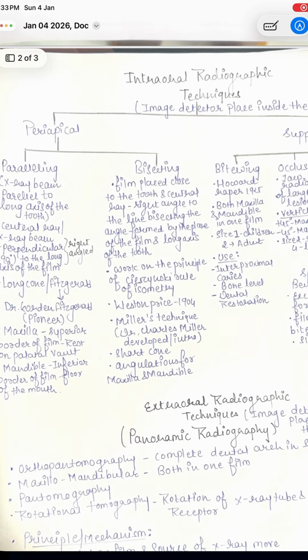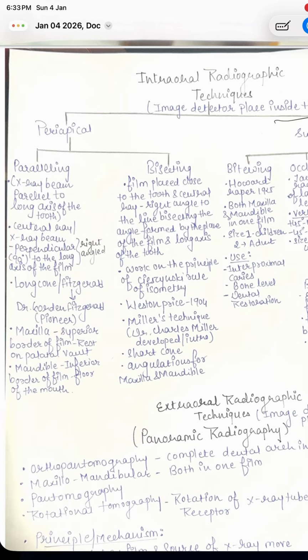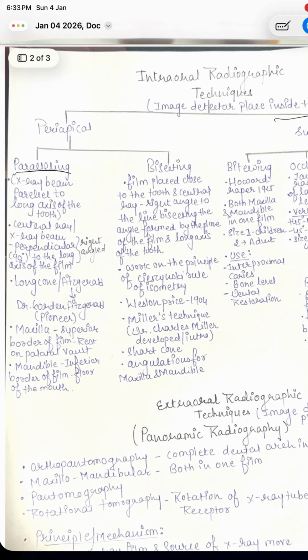So starting with the intraoral radiographic techniques, in this technique the image detector is placed inside the mouth, that's why it's called intraoral technique. Intraoral techniques include the periapical technique, and in periapical the first is the paralleling technique. The X-ray beam is parallel to the long axis of the tooth, that's why it's called paralleling technique. In this technique, the central ray or X-ray beam should be perpendicular, or right angle, or 90 degrees to the long